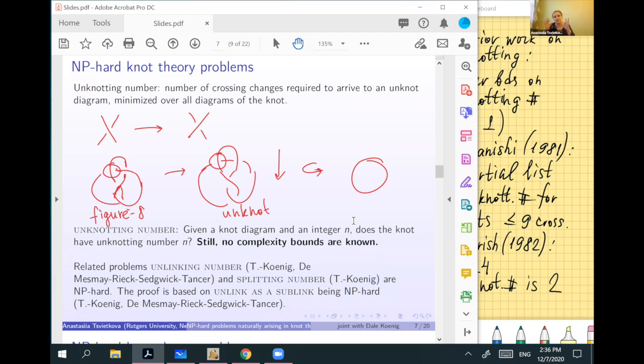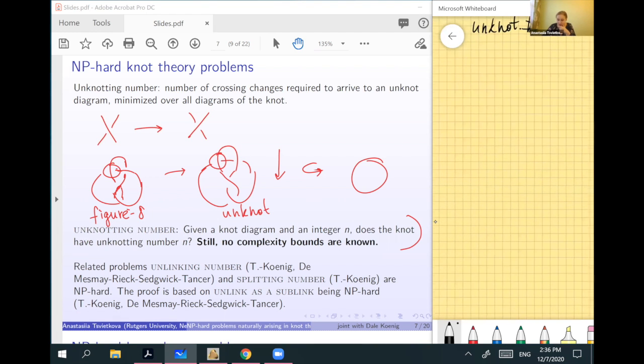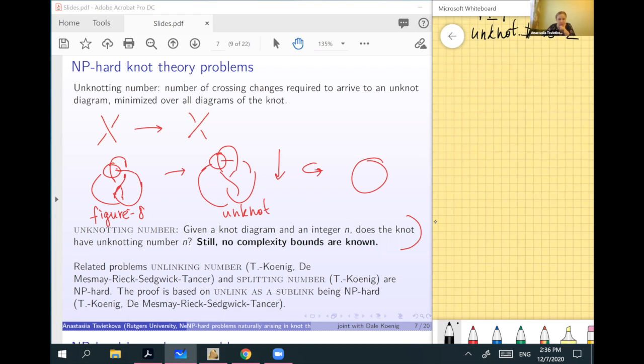But that's a very natural set of questions, and just to advertise it more, this problem, unknotting number, still has neither lower nor upper bounds. I would be super excited to see one. There has been a recent breakthrough, I think, in a way, but again, not about the unknotting problem, but only about unlinking and splitting, by Lackenby, and about upper bounds. And what he proved is that